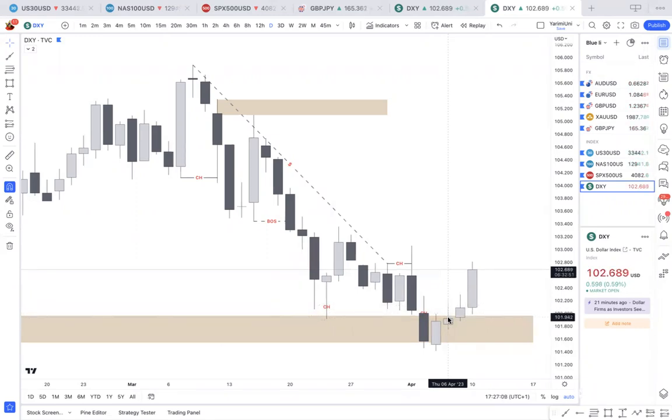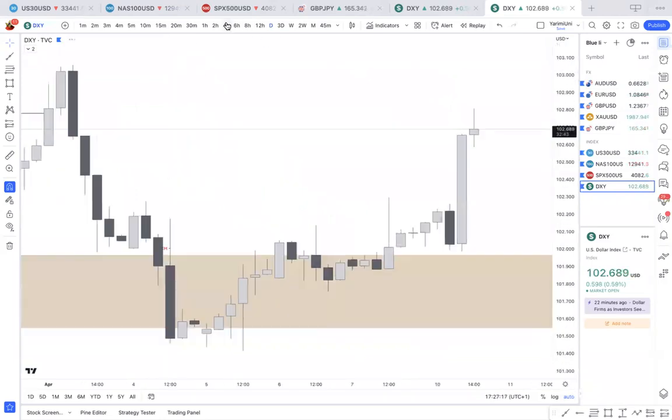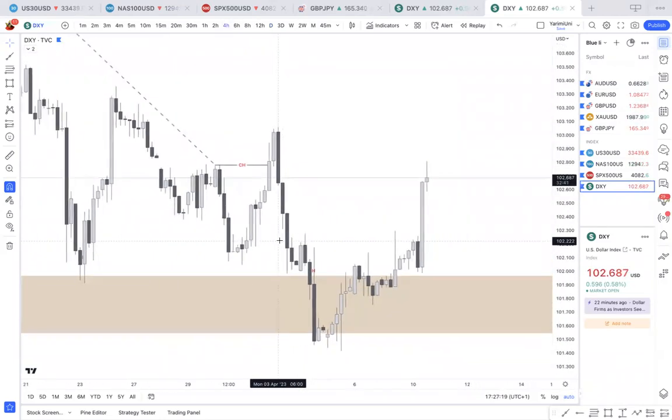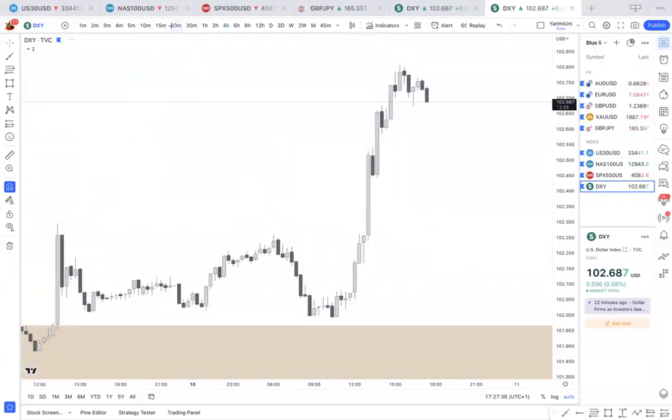So without going to the lower time frames, I know that was probably a break of structure or change of character. Now if I drop to the lower time frame, so let's say we drop to the 4-hour, you can see that there was a candle that pushed up and then came back in. So this is probably news-based for sure. That wouldn't really count as a change of character, although it has taken some liquidity. Let's drop down to a lower time frame and see what we're looking at.